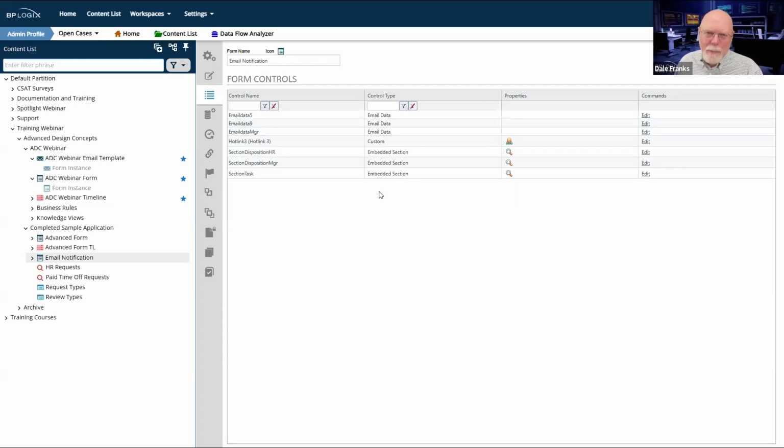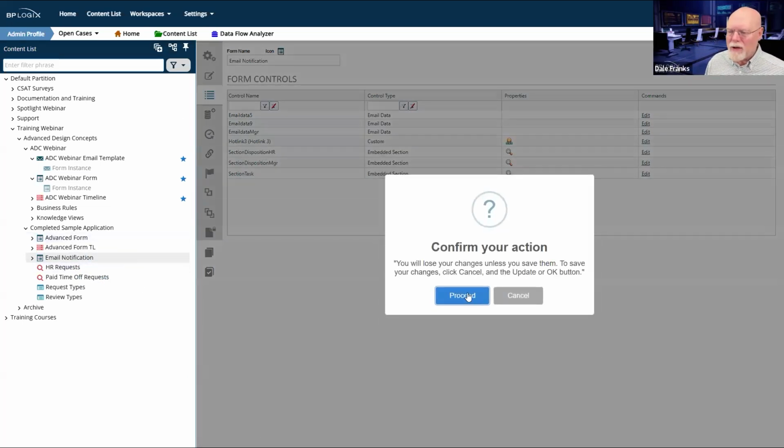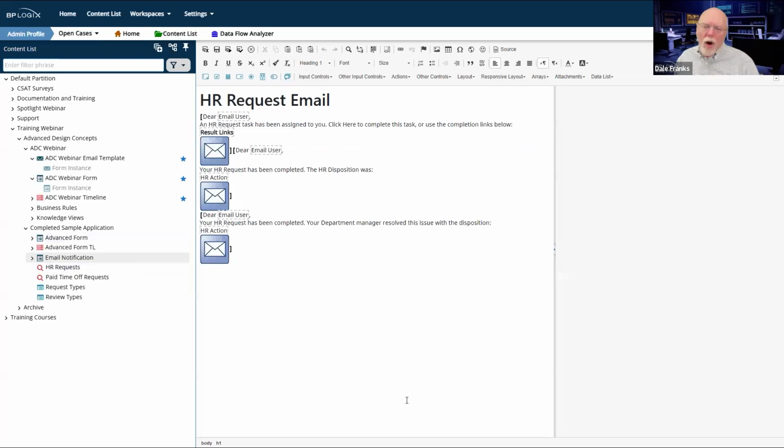I mean, just conceptually and architecturally, it is much more simple to have an email notification that contains all of the possible notifications that your process might send out. And that way, if I have to make any changes to any email notification message, then I just go to one place and I can make any change I want to any of the messages all in one place. Plus, I don't have to go to each separate activity in my process timeline and mess around with those activities.